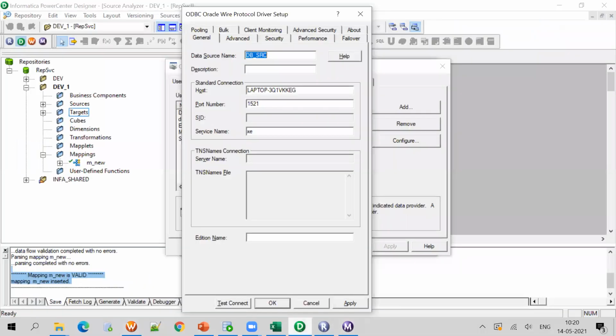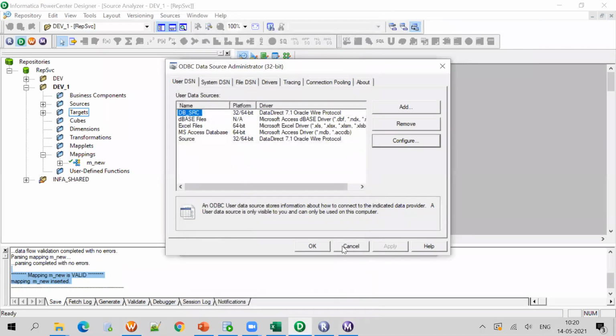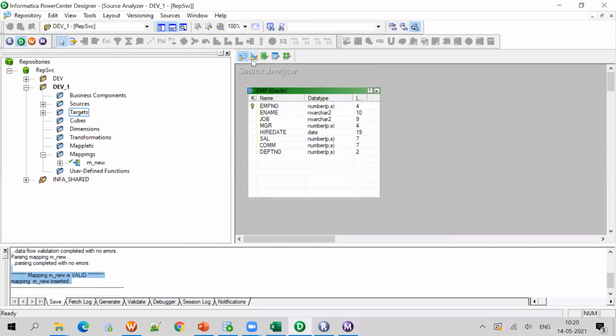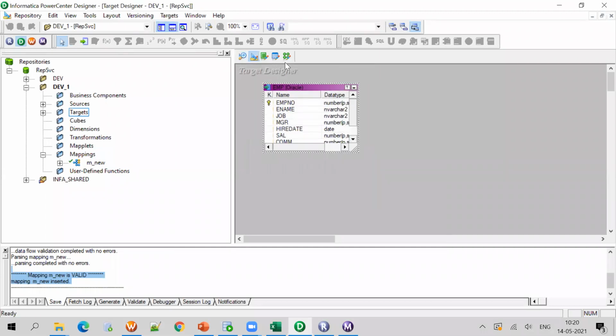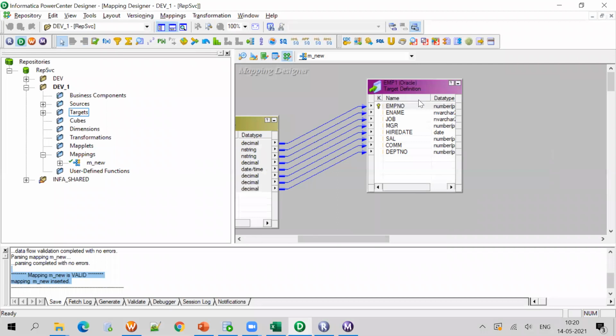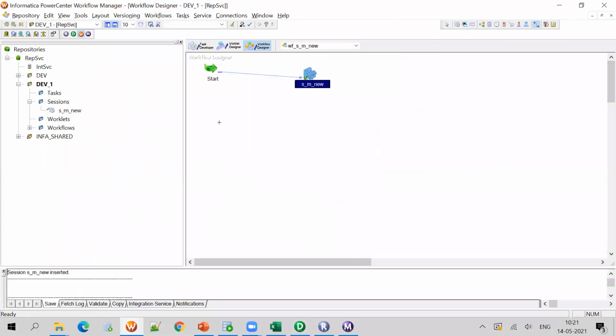Now what we have done: we have imported the source from the source analyzer. We have imported the target from the target designer. We have created a mapping. We have dragged the source qualifier and target. Then we go to the workflow designer. We created a task. In the task, select the mapping whichever is required.